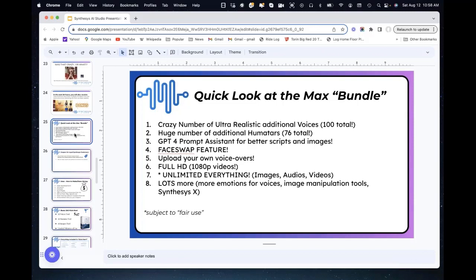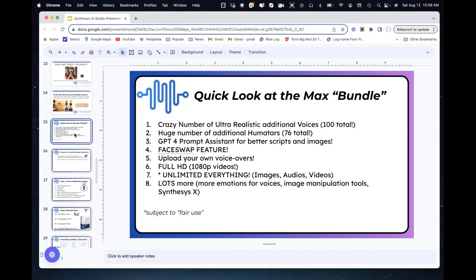That is a crazy number of ultra realistic additional voices, 100 total of the additional AI ultra realistic human voices, and a huge number of additional humitars, 76 total. All right, so you'll have 76, including those that do different languages, etc.